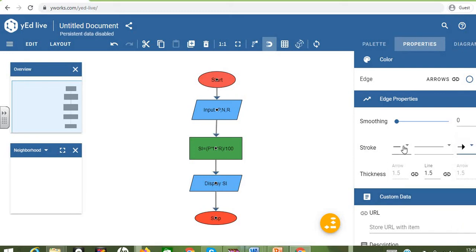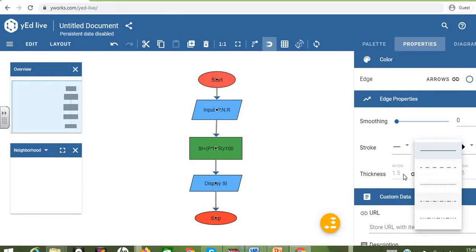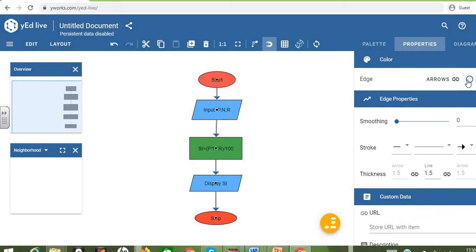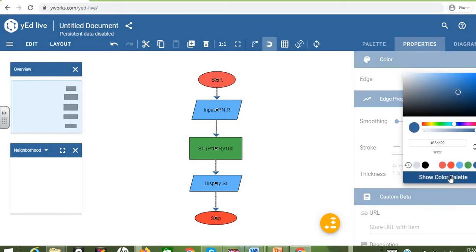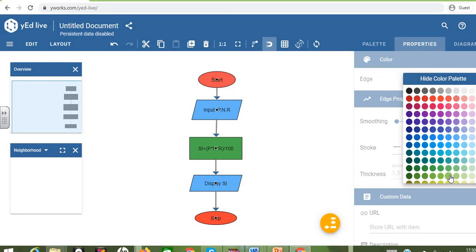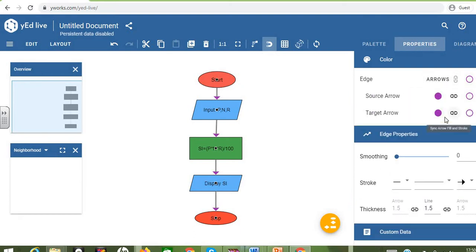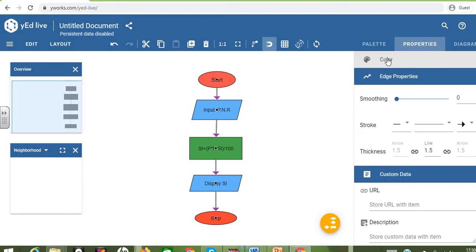So the strokes we can represent, this is the source stroke, this is the destination stroke, and this is the middle line. So different types of lines are available, anything we can select, right? And then we may go for the edge colors. So the edge colors we can select anything. Maybe let us select this. So the arrow color is this. Source and target arrow.